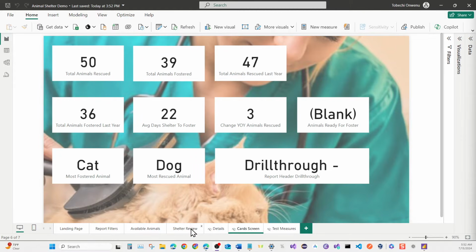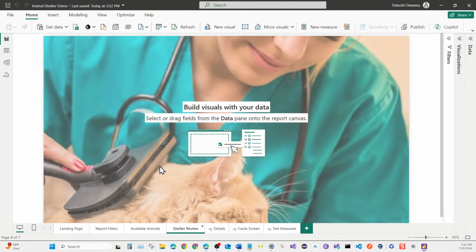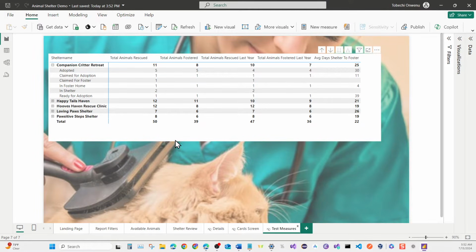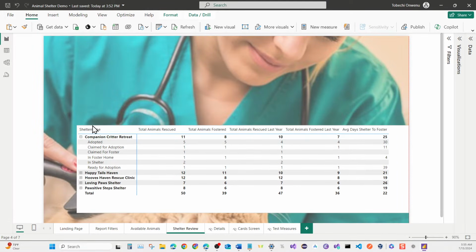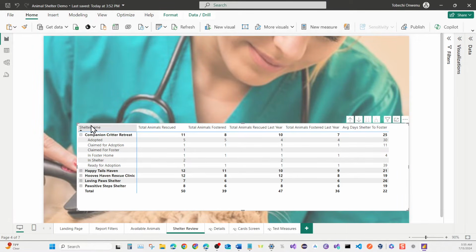So today we're just going to jump straight into the shelter review and start building this page. We already started with this page. If you remember, we had a visual on our test measures, and I'm going to copy this. Just Control C here and then paste it in the shelter review. Click on it, Control C and then Control V. Once you're done pasting it, you can drag and drop it, and I'm going to let it stay right here on the bottom